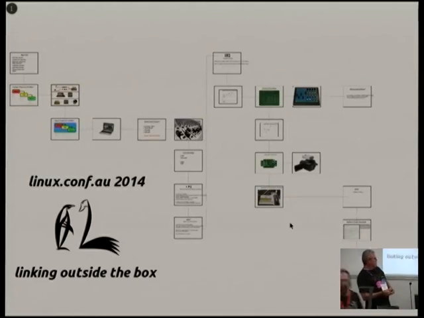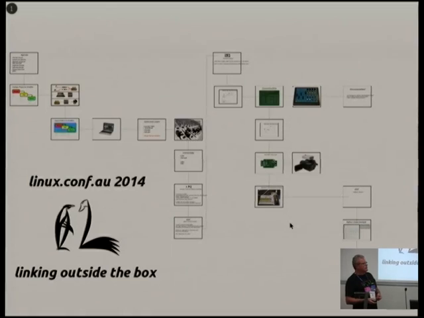Okay, I'm just going to be giving a talk on some of the hobby stuff I do and some of the thoughts I've got about where music recording and studio stuff is going. Basically, I've called it linking outside the box because, as I'll explain,